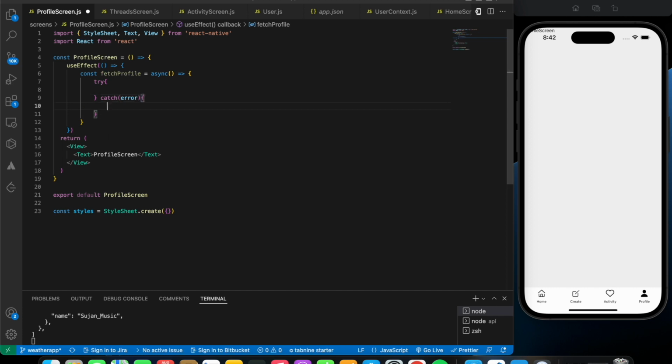So catch of error, firstly I'm going to say console.log of error, and inside the try block I'm going to say const response equals await Axios. So import Axios from Axios,